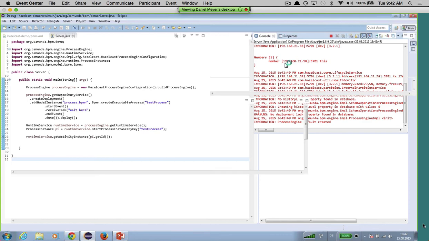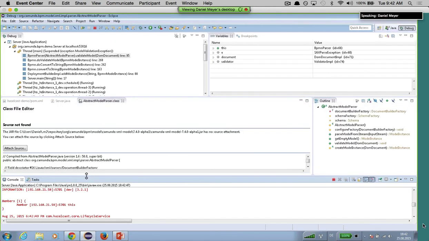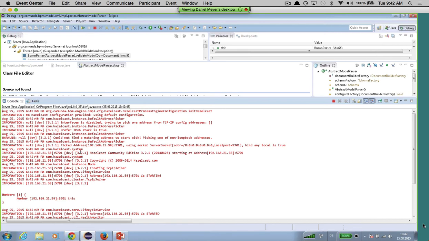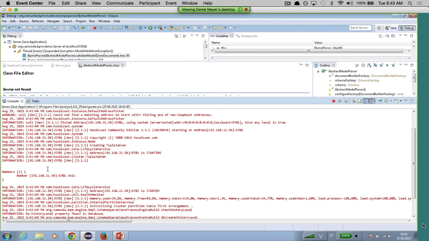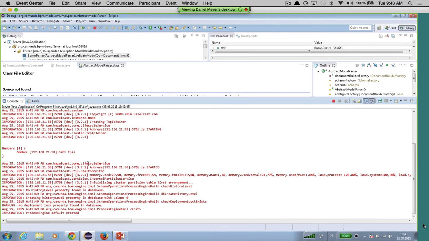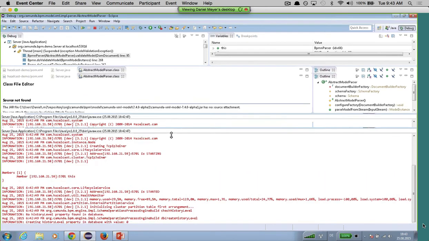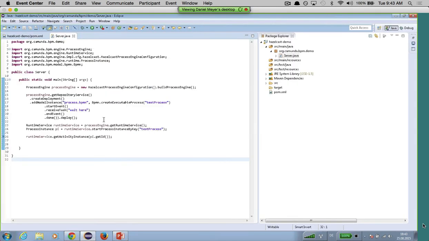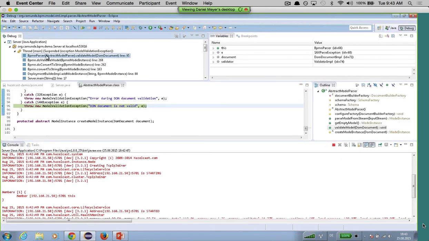Okay, so already in the Eclipse console, what you can see here is that the default configuration of the Hazelcast process instance will actually start Hazelcast 2. It will build a cluster of one node, and you can see here that we're going to start Camunda, build the process engine, etc. And now going back to our code here, what we can see is that I have a